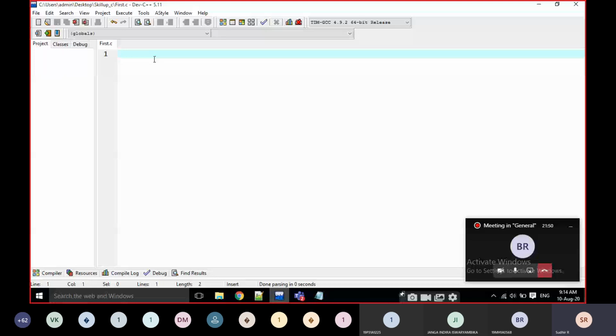Okay, this is our first C program. I am going to write here. What are header files? Here every time we are writing like this. Why we are writing like this, we don't know. I will increase the font here. Just wait. How to?